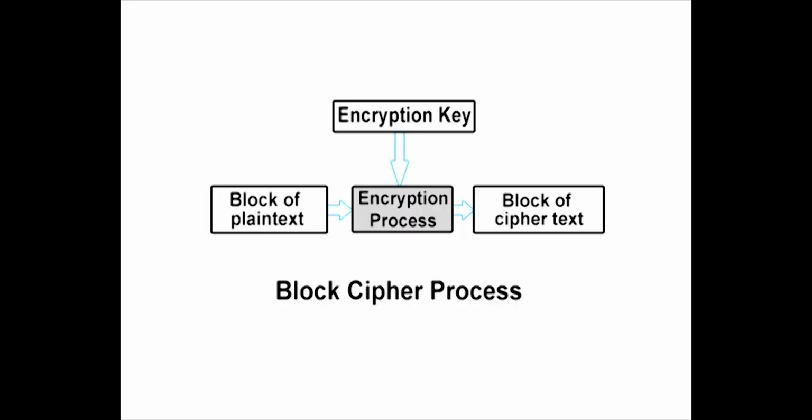Firstly, I will tell you about block cipher. A block cipher takes a block of plain text bits and generates a block of cipher text bits, generally of the same size. The size of block is fixed in the given scheme. The choice of block size does not directly affect the strength of the encryption scheme. The strength of the cipher depends on the key length.